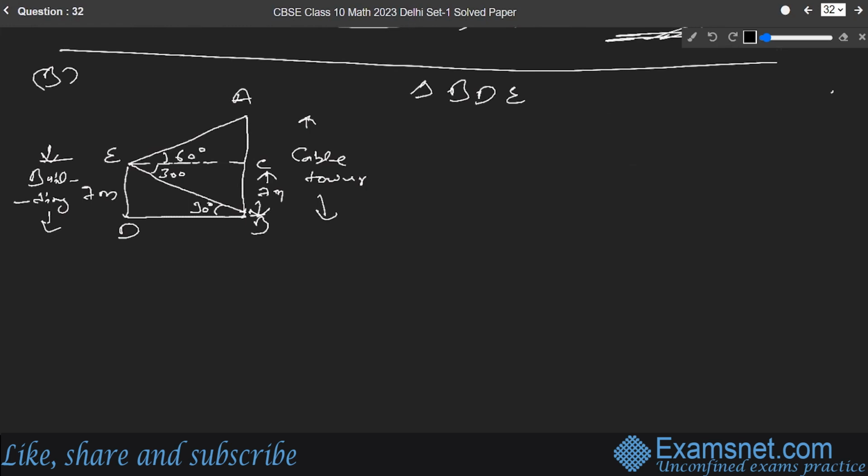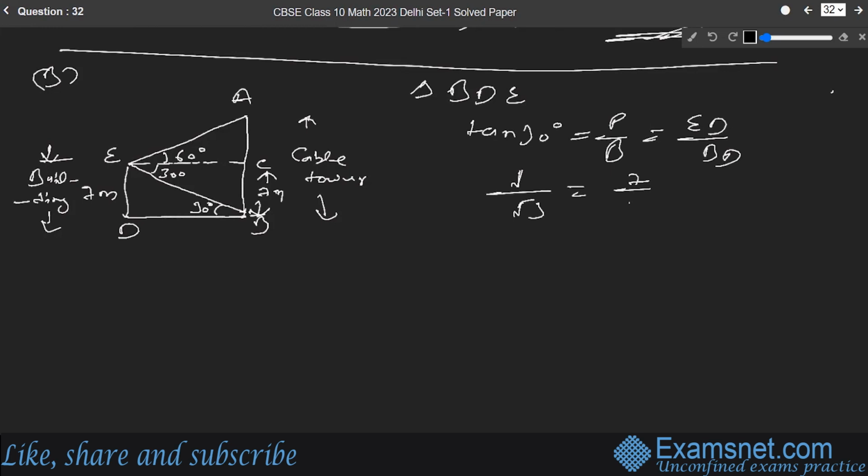First of all, we need to apply the tan formula in triangle BDE. In triangle BDE, if you take tan 30 degrees, that will be perpendicular over base, that is nothing but ED over BD, the perpendicular and the base. Tan 30 value is nothing but 1 by root 3, so we can use that. And ED value is nothing but 7 meter, that is the height of the building, divided by